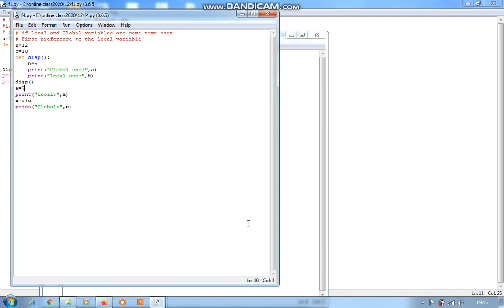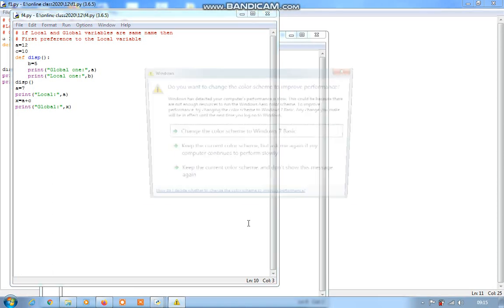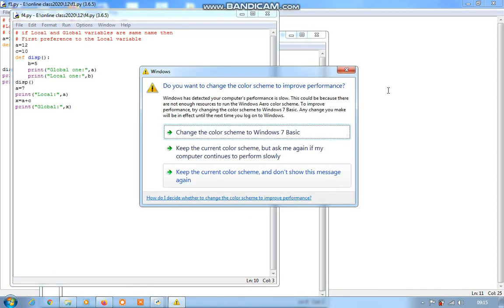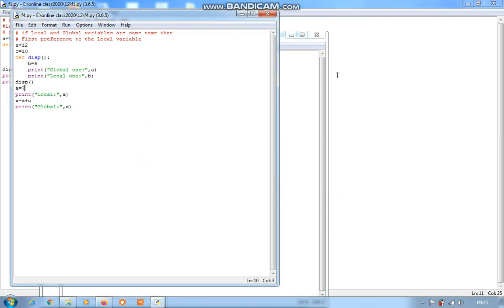Already one global variable has the value 12, the same name a, but one is here, a is equal to 7. So first it will display a is equal to 7. But second one, x is equal to a plus c. a means 7. Now a will not take 12. a will take the local variable value, that is 7.